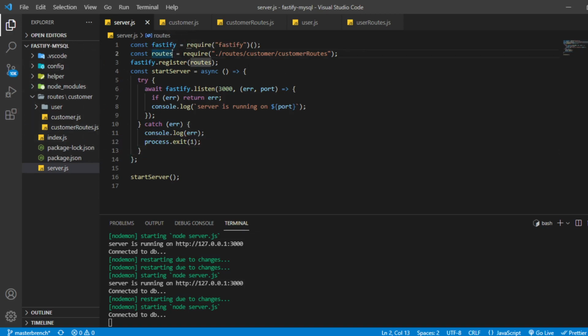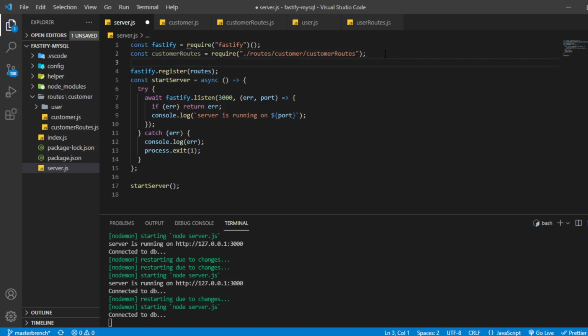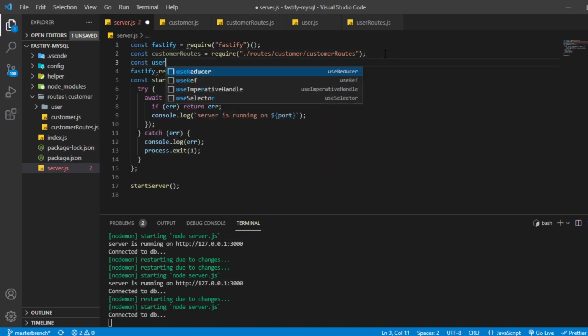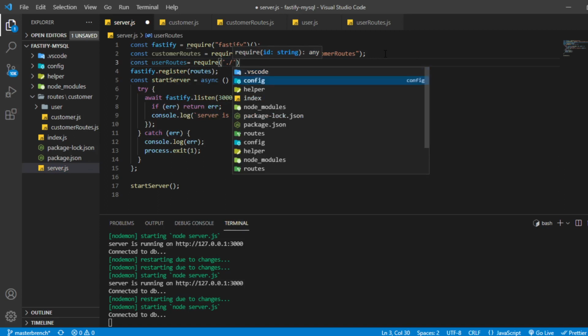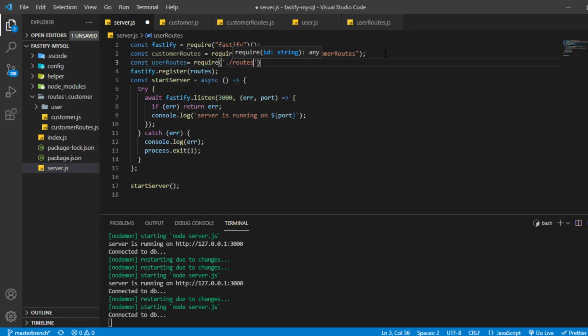I'll name it here customer route. Okay, and just below it I'll also add user routes, and then I'll first go inside the routes, and then slash I'll go.